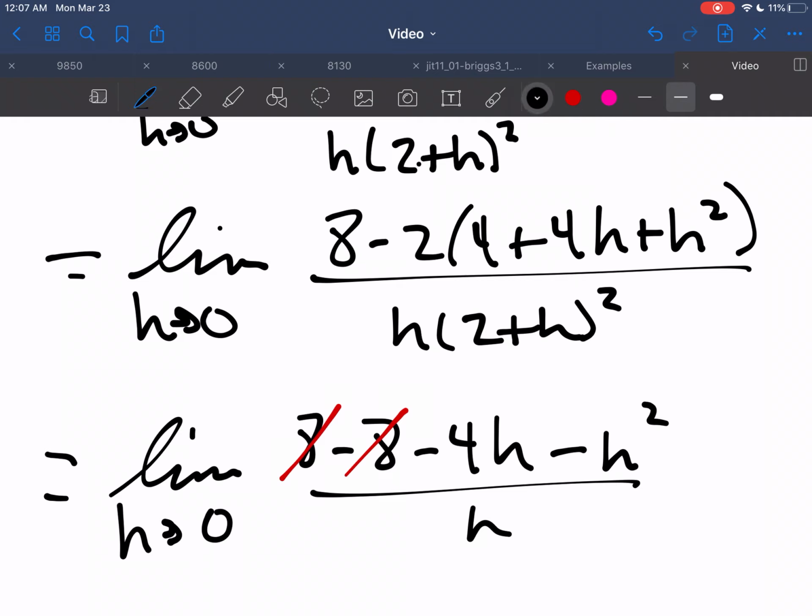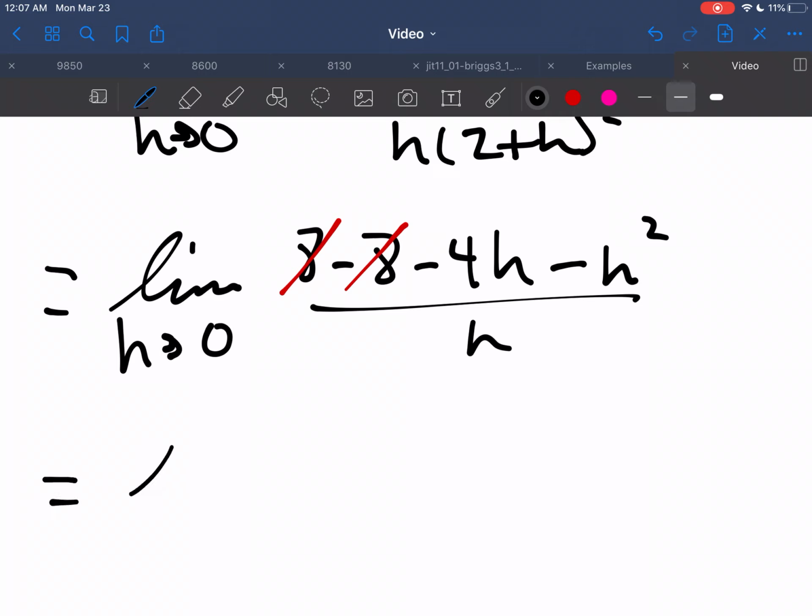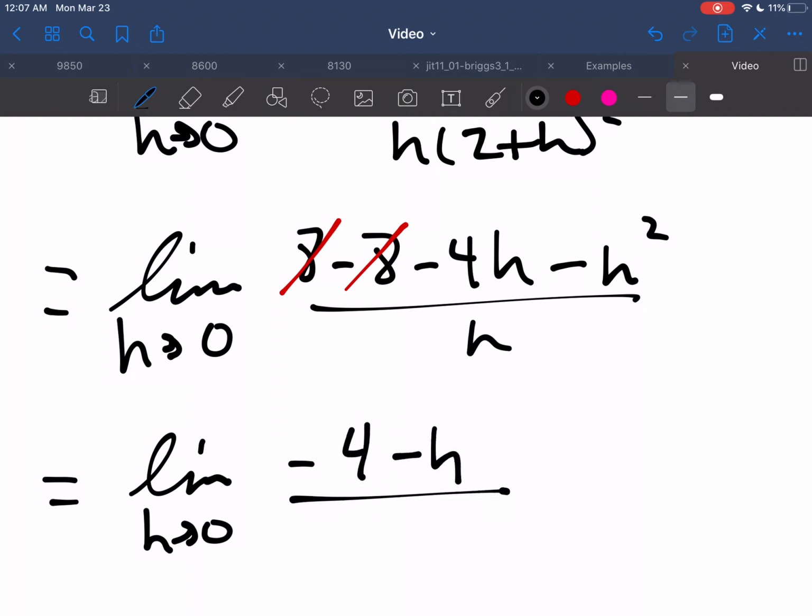We get our eights cancel, sorry. Now we can factor out an h and they will cancel. And so we're left with negative 4 minus h divided by 2 plus h squared,